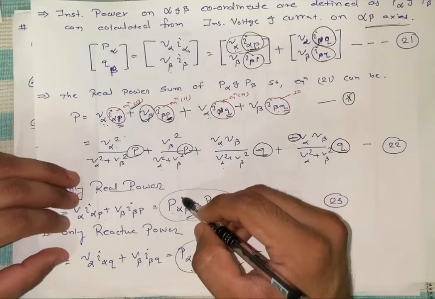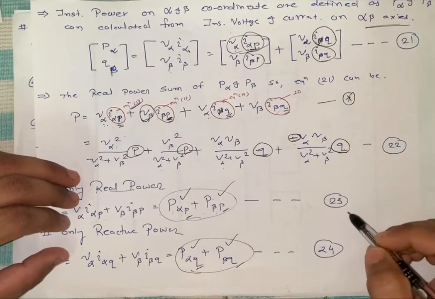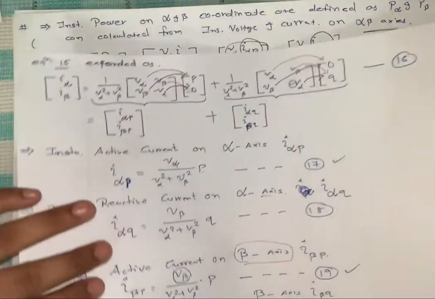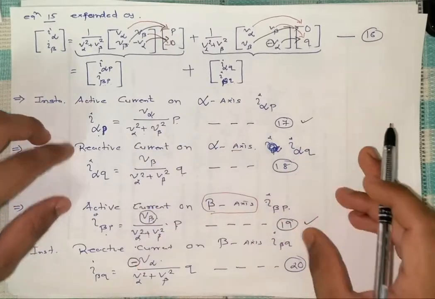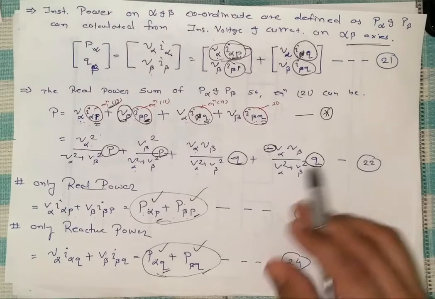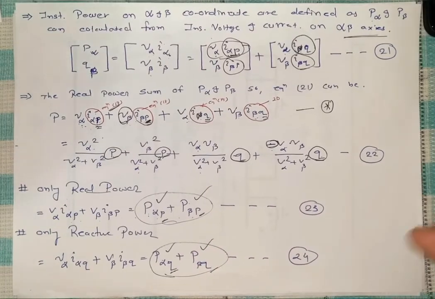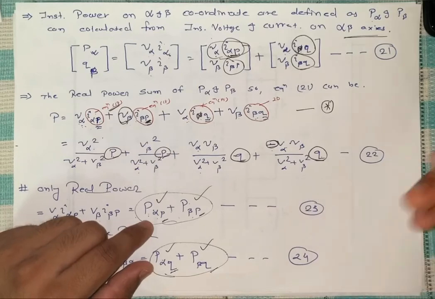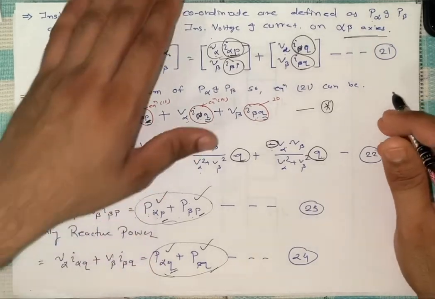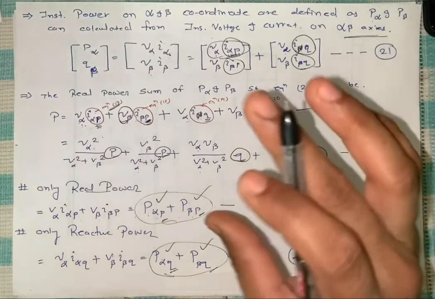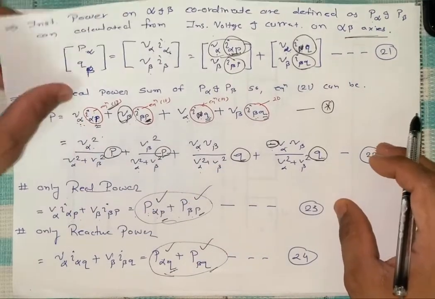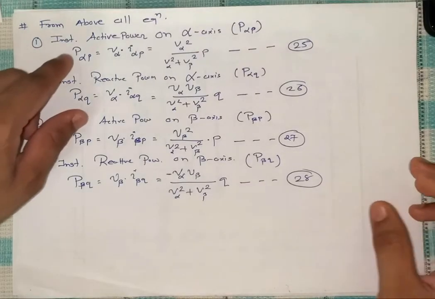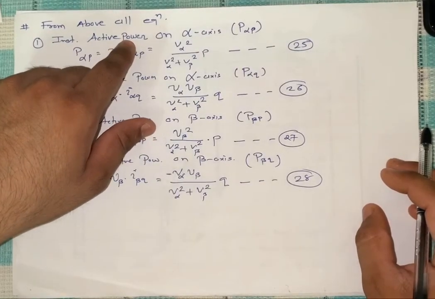So now we have four power terms: 1, 2, 3, 4. Similar to this, if we have the four currents, similarly now we have four powers, right? So power P, we can say it is now further VI. The I is the same, similar to here; we have only added the voltage to that. We already did this over here, but P in active form is called the instantaneous active power